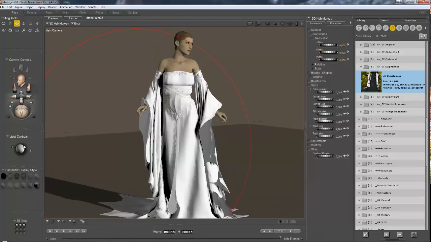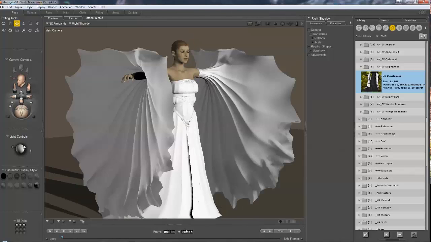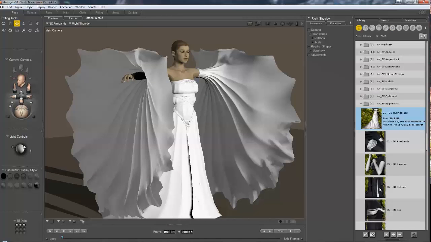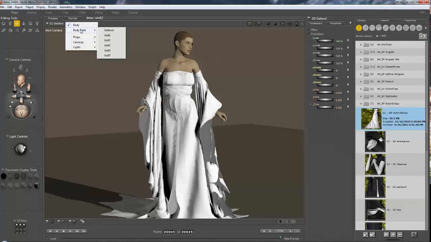Now I added these armbands, I added this belt, and if you want to do this you have to put Victoria back into frame 1, load the belt, parent the belt to her hip, go back to frame 45 with your fixed sleeves and dress, and then move the belt into position. It has a few body parts in here which you can influence one by one, but first you have to move this belt out a little bit here on the Z-axis. Okay,